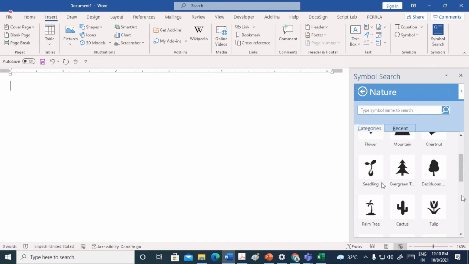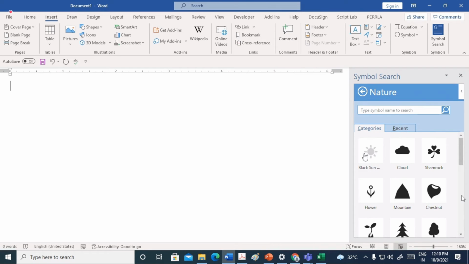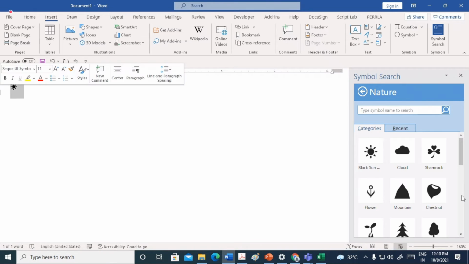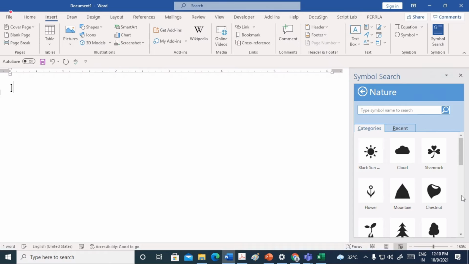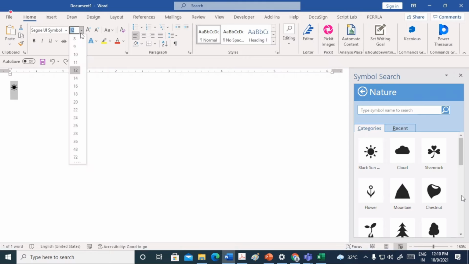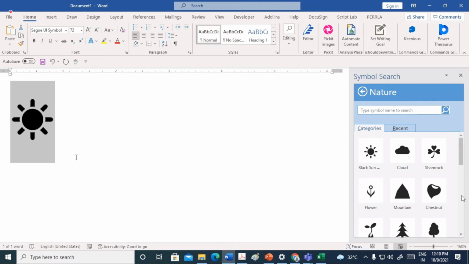Let us say nature, and if I want to add sun, black sun, okay, so this is a symbol.